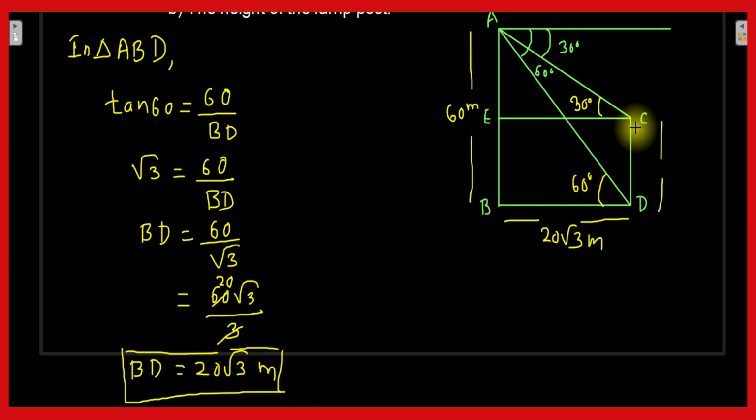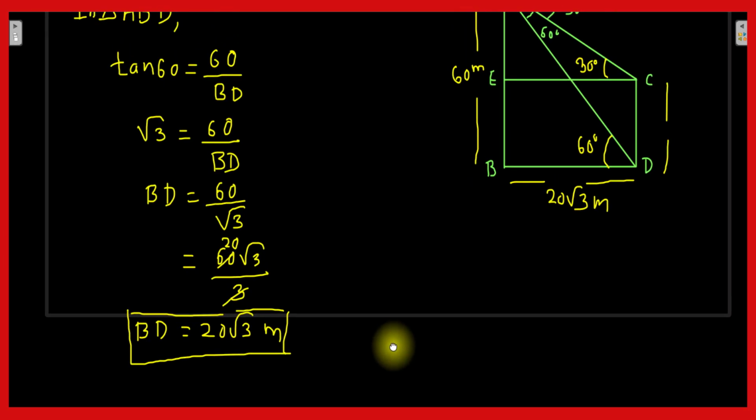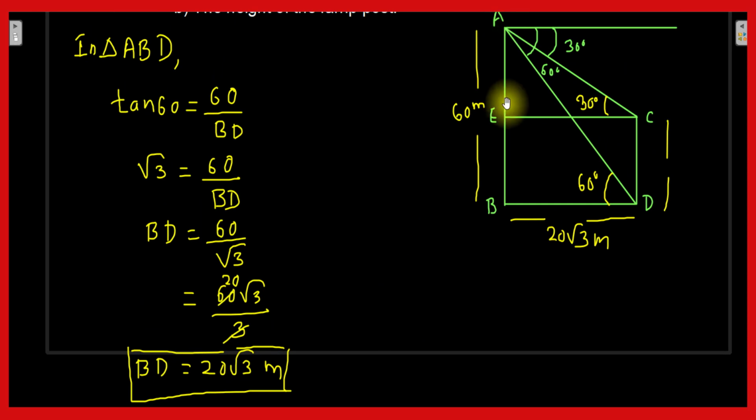And now we have to find the height of the lamp post. So here, height of the lamp post we will calculate by taking this triangle AEC. Tan 30 is equal to opposite side AE upon the adjacent side. This adjacent side is 20 root 3, so this will also be 20 root 3. So I start solving here. In triangle AEC, tan 30